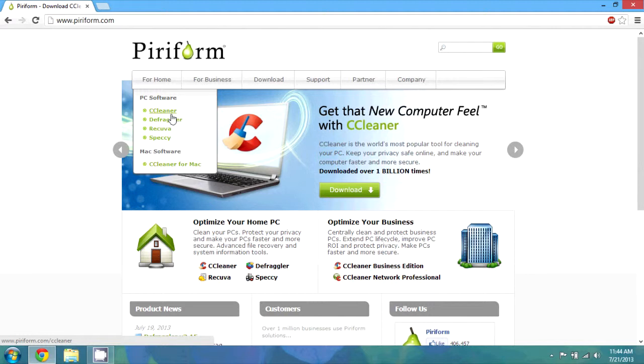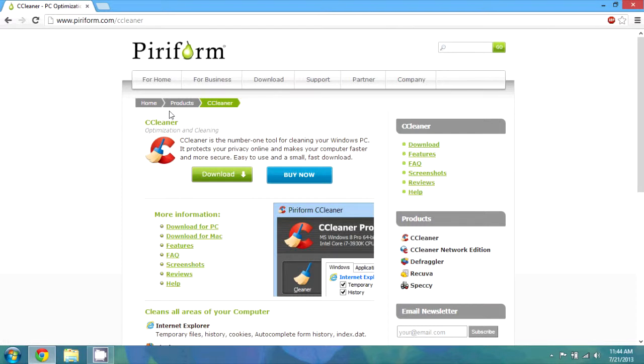So now you want to choose CC Cleaner depending on whether you have a PC or Mac. If you have a Mac, click here. If you have a PC, click here. I have a PC, so I'm going to click right here. So now you'll be given this page, and you can see that CC Cleaner is a tool that cleans up your computer just so you can have it run a little bit faster by deleting files that you don't really need. So click on download,